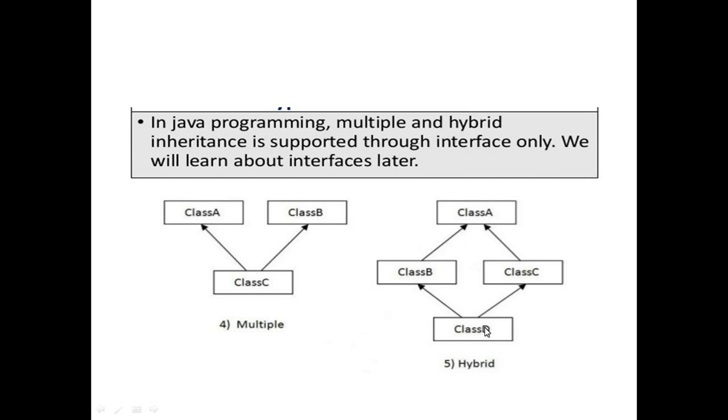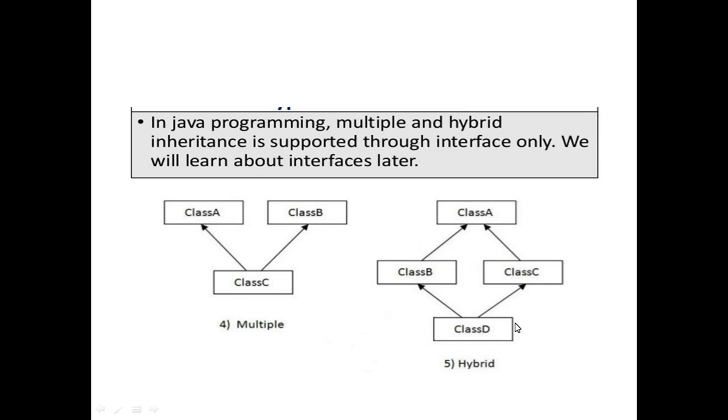In the same way, suppose I have the same function name, for example area, in classes A, B and C. We get confused about where the area function is called from, A or B, or from C. This is called the diamond problem, right? So multiple and hybrid inheritance is not supported in Java through inheritance, but it can be possible by using